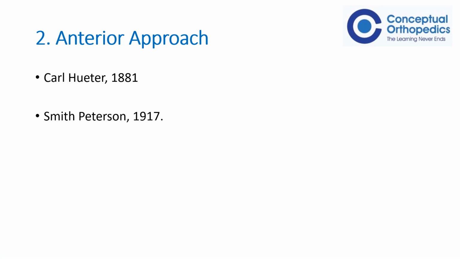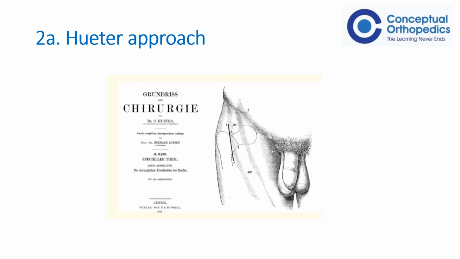followed. Of late, though, the Hueter approach is coming back in a big way, especially in trauma surgery and arthroplasty. In trauma surgery, it is used for direct exposure in open reduction of fracture neck femur, and in arthroplasty, as a direct anterior approach, that is DAA, for total hip replacement. This was the original publication by Hueter, which was in German. He had shown the approach, marked on a schematic representation.